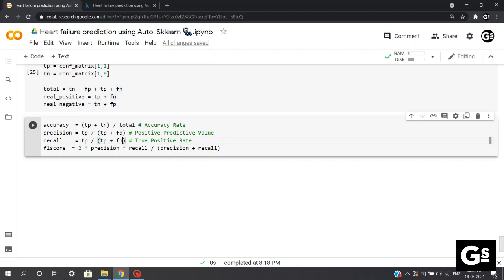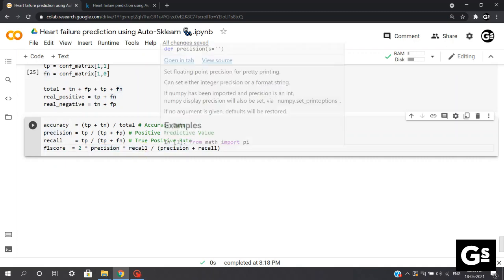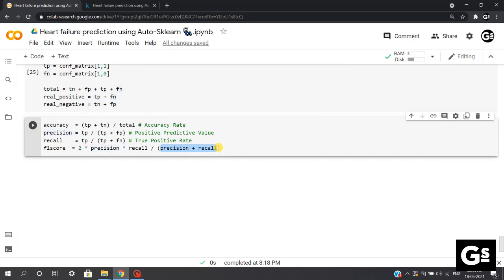Now, as you know what precision and recall are, you can also understand what the F1 score means as well. F1 score is basically a balance between precision and recall. It can be called the harmonic mean of precision and recall as well. And a perfect model has an F1 score of 1. Now we will calculate F1 score by dividing twice the product of precision and recall by the sum of precision plus recall.